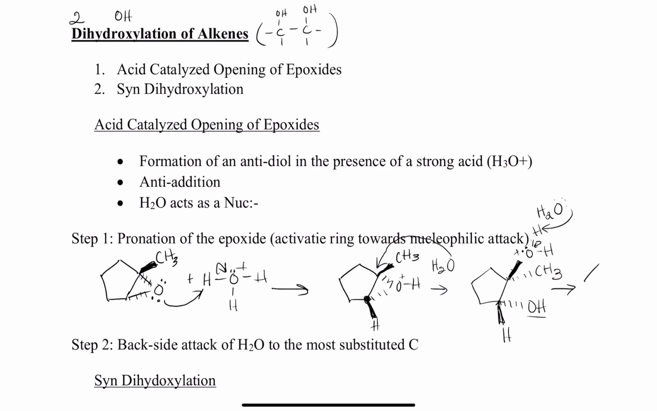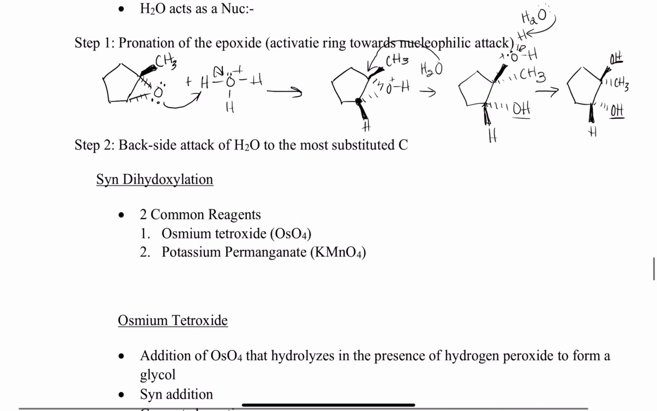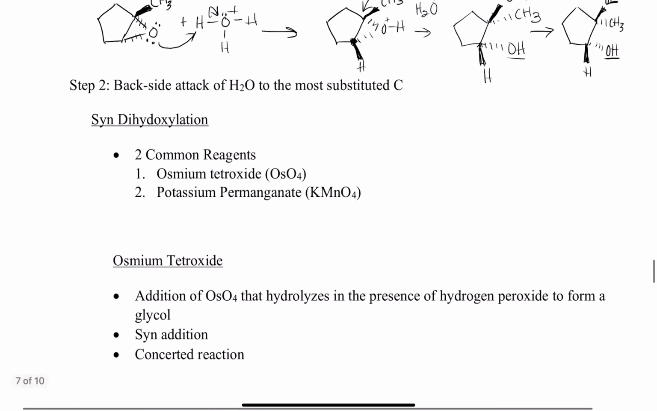So our final product, on the top carbon, we'd have a wedged alcohol. And then on our bottom carbon, we'd have a dashed alcohol. So we can see how that is the anti-addition. So that is one method for dihydroxylation. This follows the anti-addition. The other method we could use